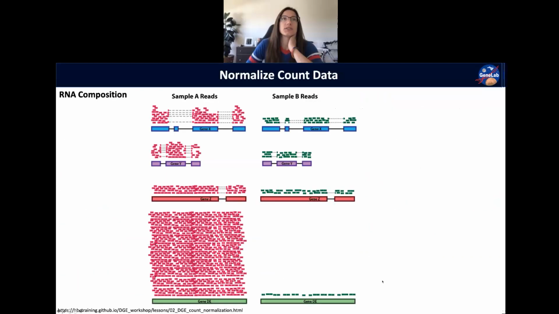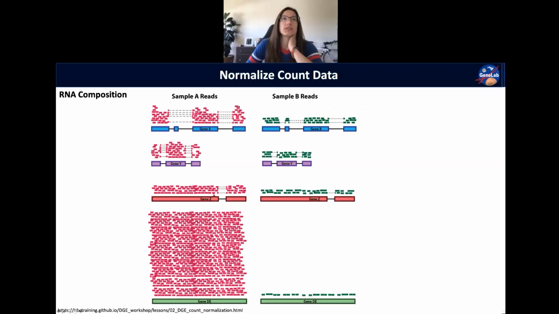So what about RNA composition? Is this something that is going to affect comparison of sample A and sample B in this example if we don't account for that? Yeah, Zinru's saying yes. Yes, so this is another one that, again, if we take a look at, so if we do our normalization here